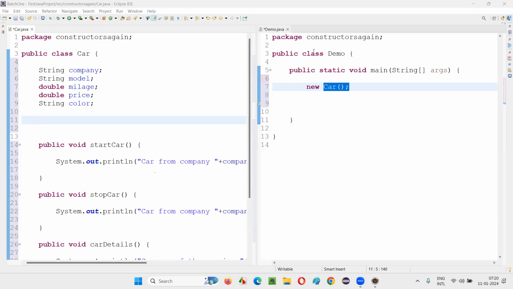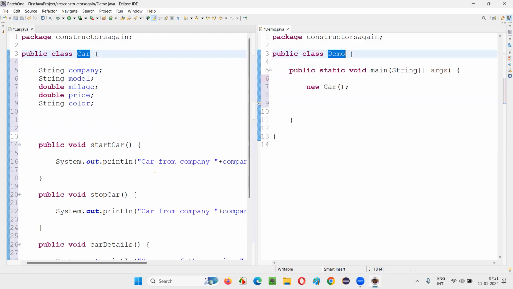Is that created at the time of main? You see, in this car class, there is no main method. So when you create a class itself, inside every class there will be a hidden empty constructor by default. It's not related to the main method. Whenever you create any class, not only this car class, even this demo class, with main method or without main method, doesn't matter. Every class will maintain a default empty hidden constructor.